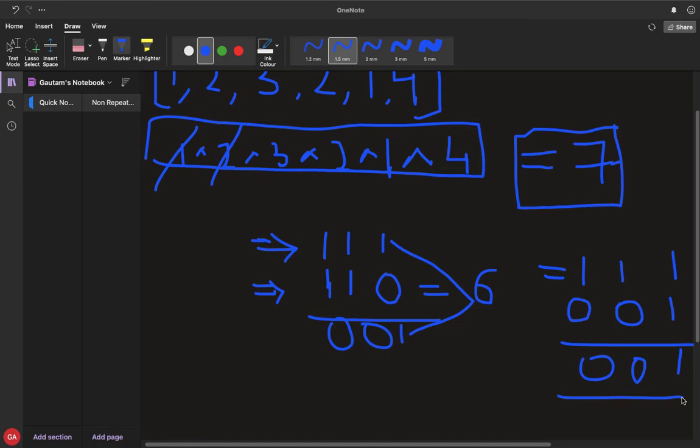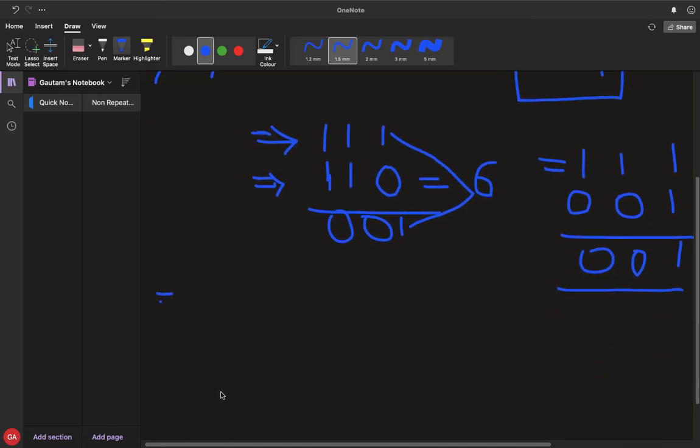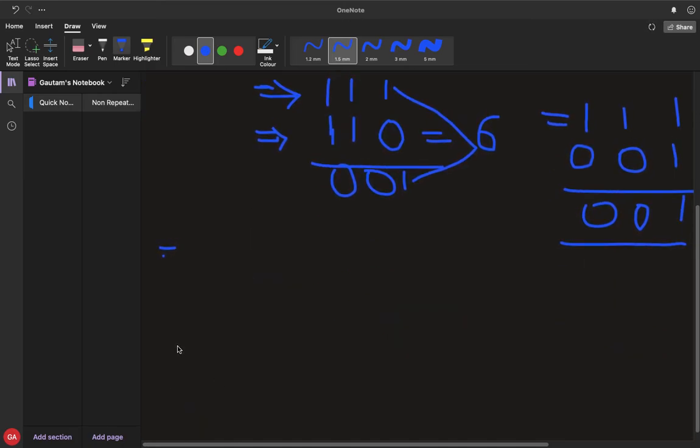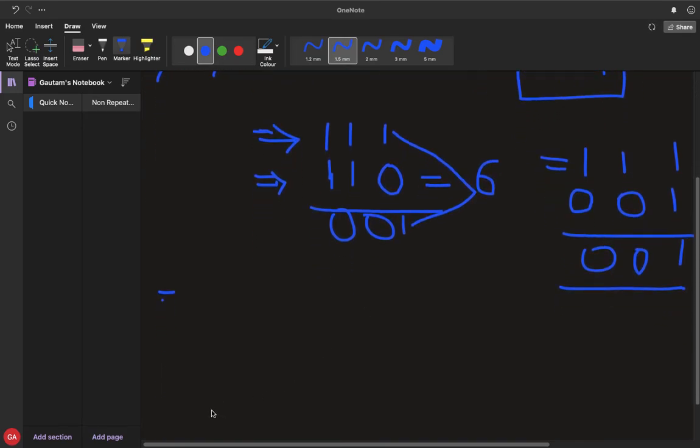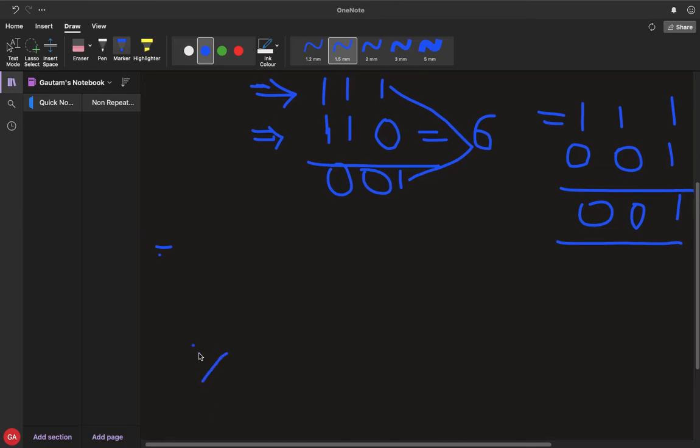So what's the purpose of doing this? I have simply done this expression, and I'll explain through it. Let's suppose the 7 is stored in the XOR variable. What I have done is XOR and negation of XOR minus 1.